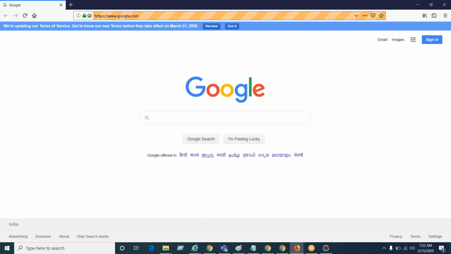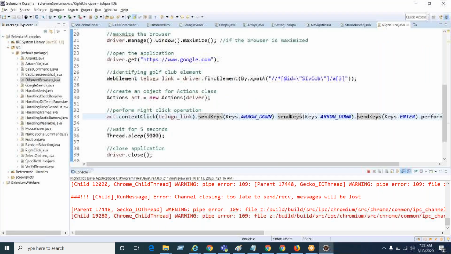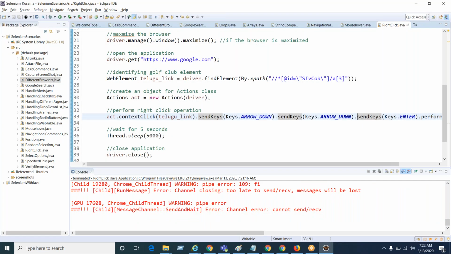See, that is the internal architecture of that WebDriver, because whoever implemented that right click operation, especially for the right click, that means context click, implemented it like this. See, in the old version of Selenium, the Selenium standalone server, in the 2.x version,